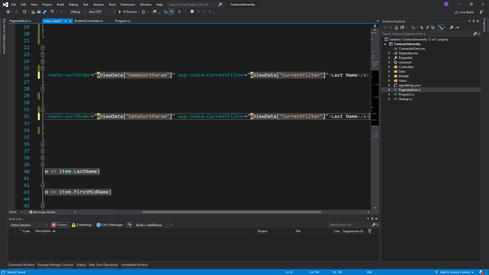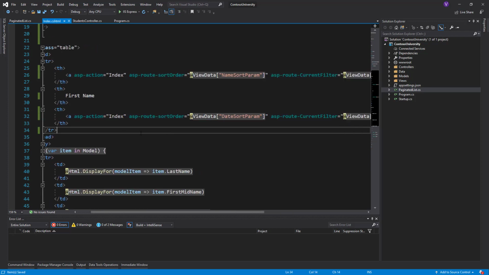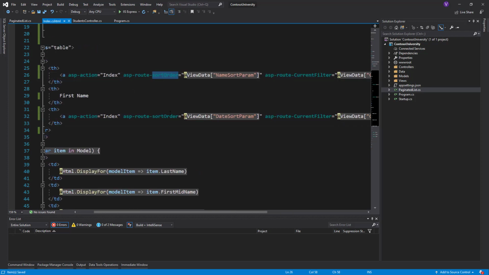Okay, current filter, of course, it's not last name, it is enrollment date. Yep. So first parameter sort order, second parameter current filter, and it should be like this,